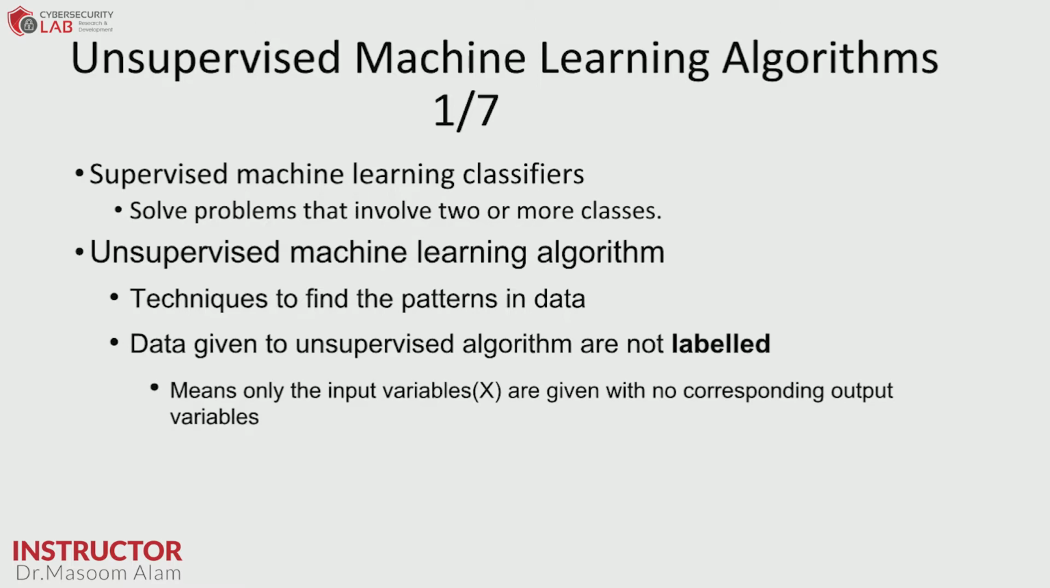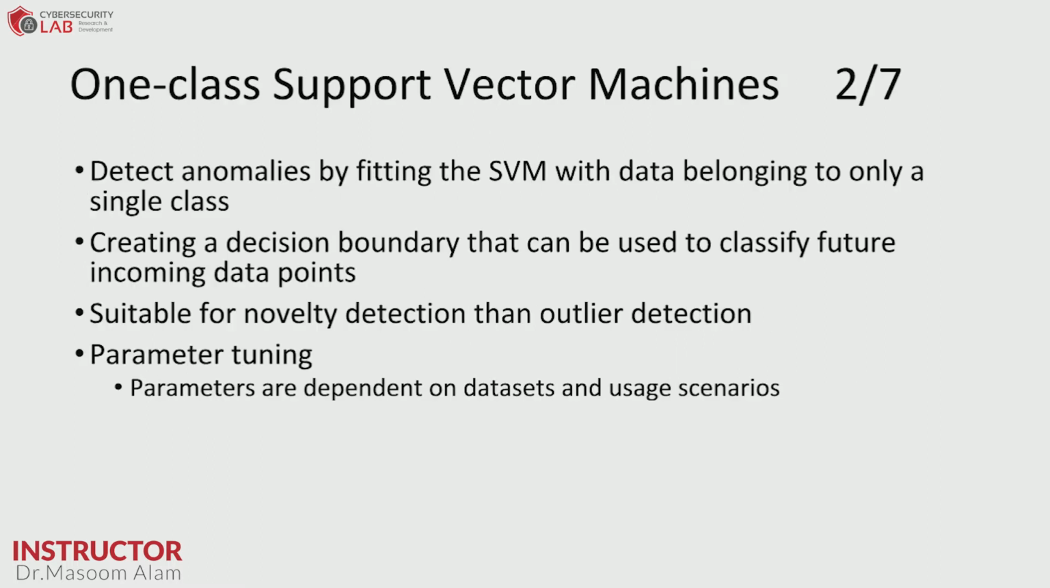Primarily, we have used the supervised machine learning classifier, which solves the problem of dividing data into two classes, normal and abnormal. But in an unsupervised machine learning algorithm, we use a technique to find the patterns in the data. So we are not giving any labels, and we ask the algorithm to find the anomaly in the given